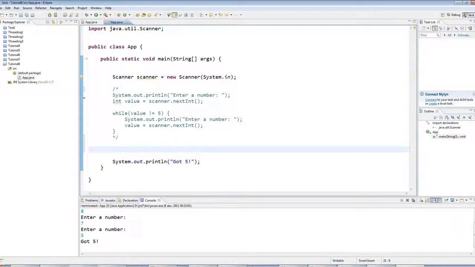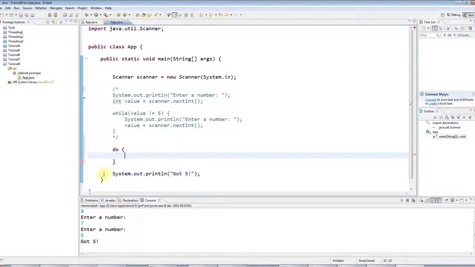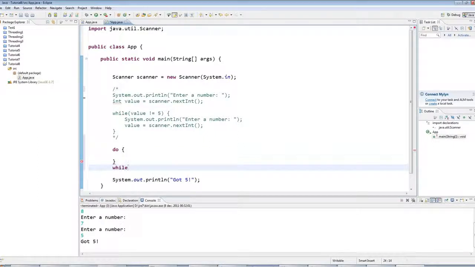Now a do-while loop looks like this. You have the keyword do and an opening curly bracket and a closing curly bracket, and the code that you want to run goes in here, and the condition goes here. So you've got while, round brackets and a semicolon, and in here I can check some condition, for example value not equal to 5, and as long as this condition is true the loop will go round and round and round. Now the difference between this and a while loop is that because I'm only checking the condition at the end of the loop, there will always be at least one run of the loop,